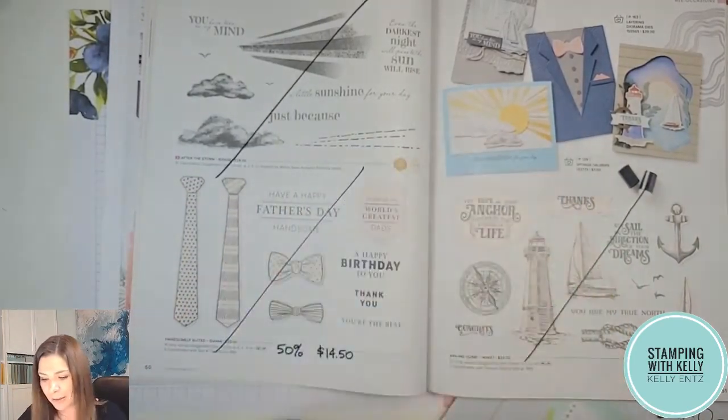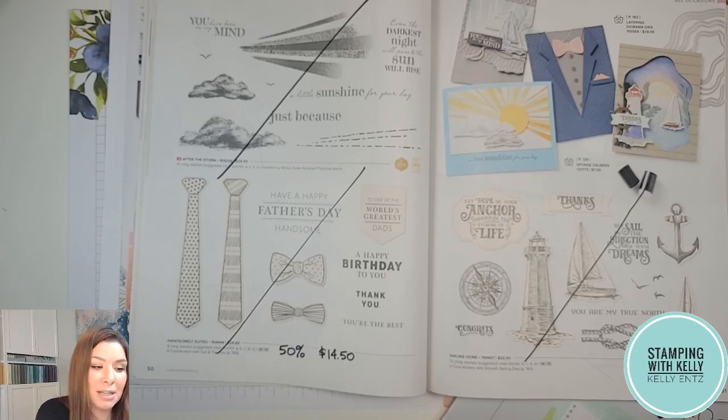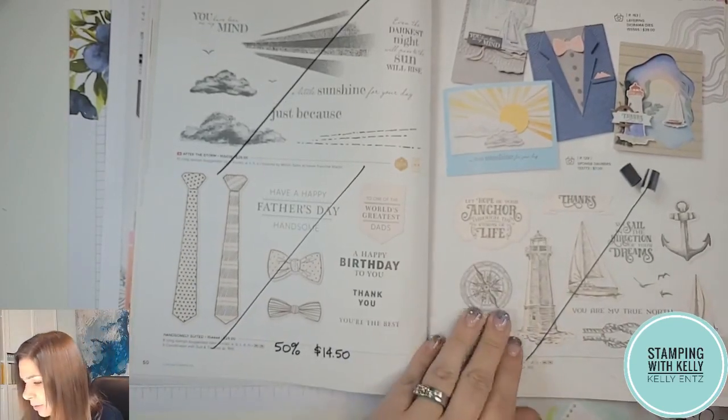This is going to be a really fun set to put together a whole bunch of different projects for those people in your life that are sometimes tricky to craft for, right? Let me just organize this a little bit here. There we go. So page